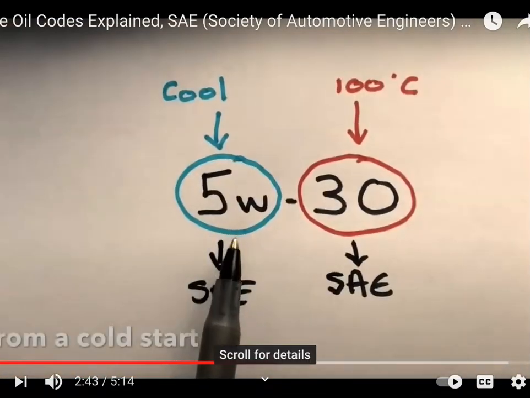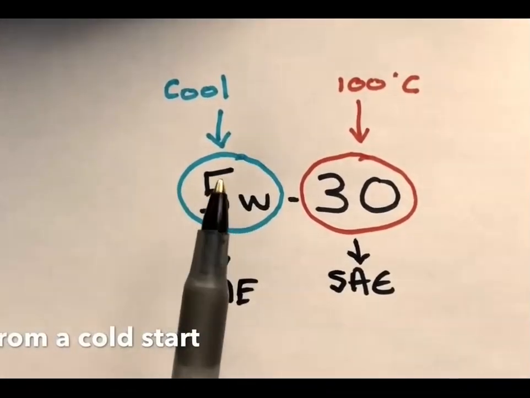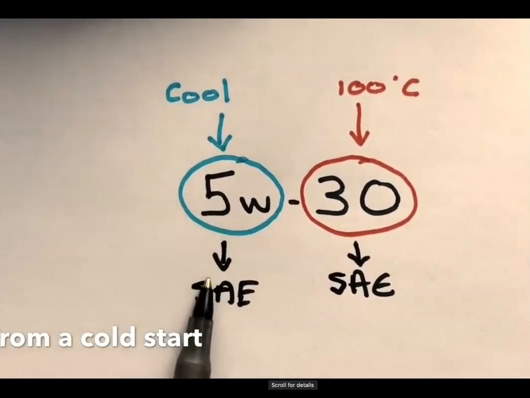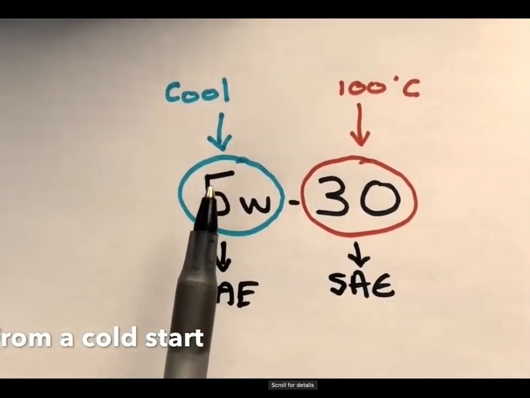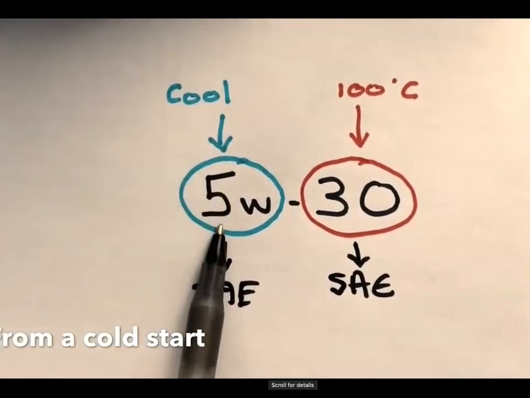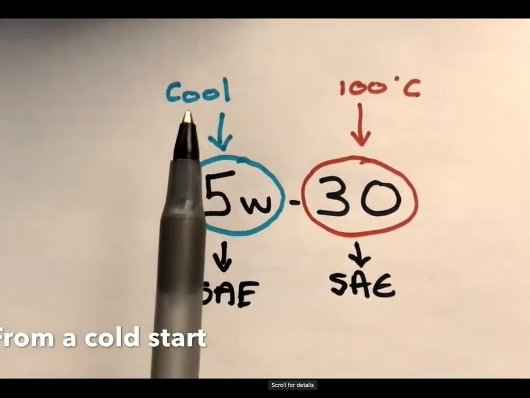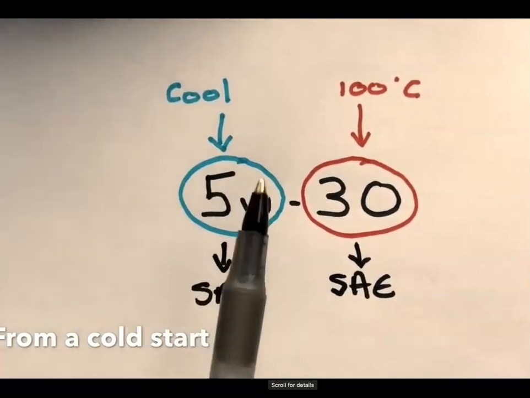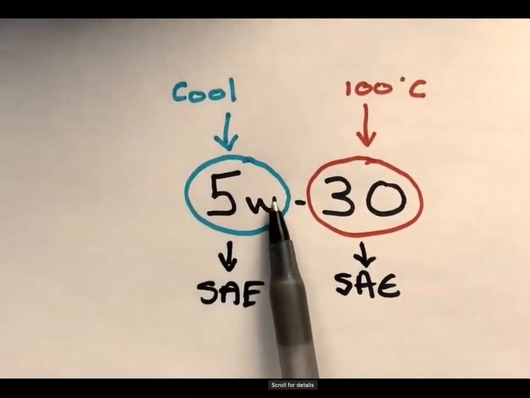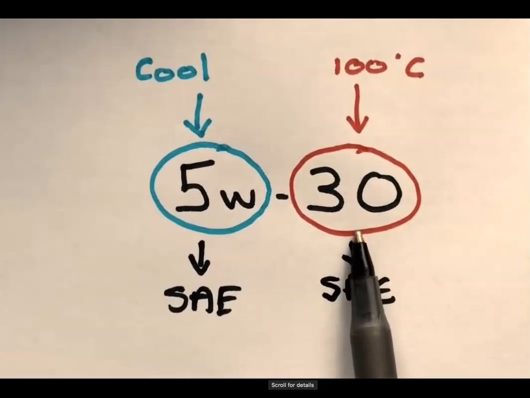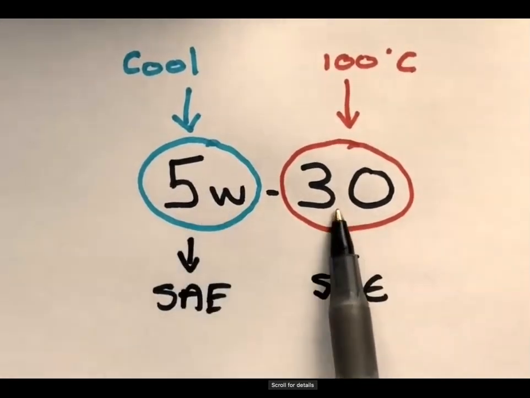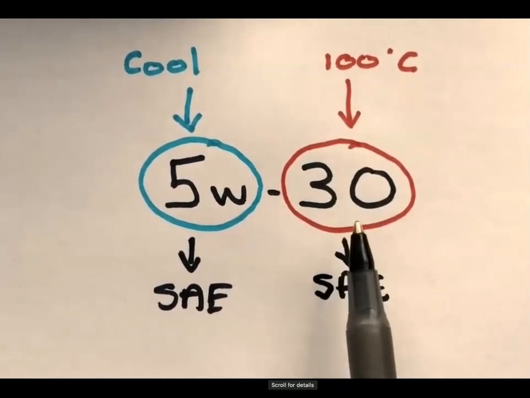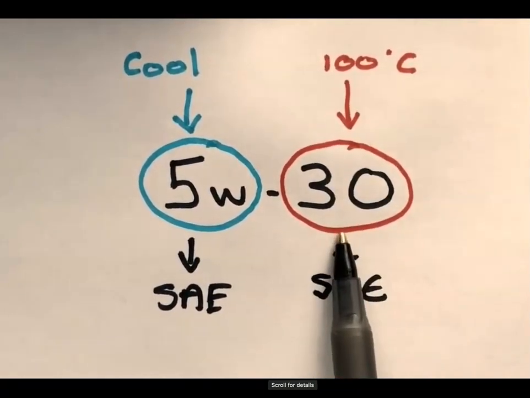But the clever thing about our oil is its chemical composition makes it so that in cooler conditions, it actually acts like an SAE5. So that oil now, at a cooler temperature, is thin, so that when we first start the key of the car, the oil is nice and thin and lubricates where it needs to from the moment we start the key. And when it gets up to temperature, it acts like an SAE30, so that it's not too thin, because if it gets too thin at this temperature, again it will lose its lubricant efficiency and put